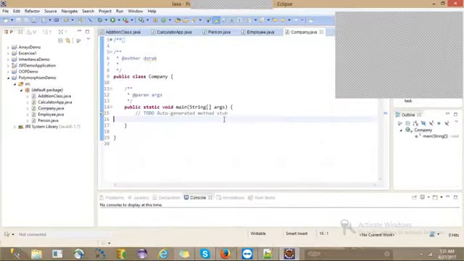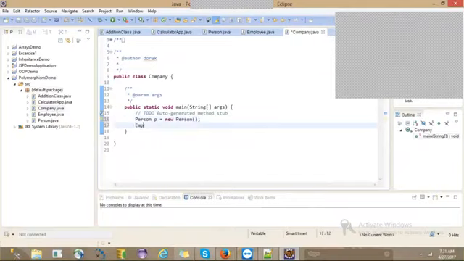Now here, how can we write it? Person p equals new person, and employee e equals new employee.